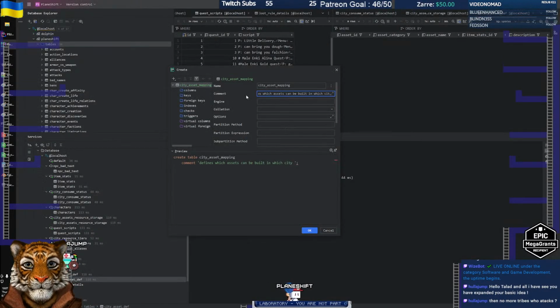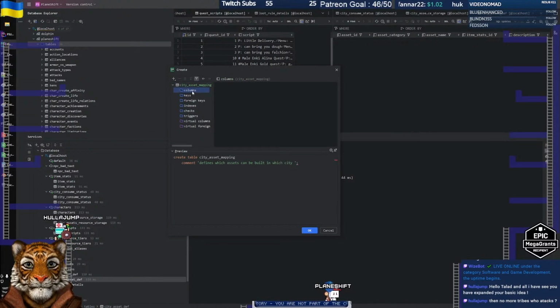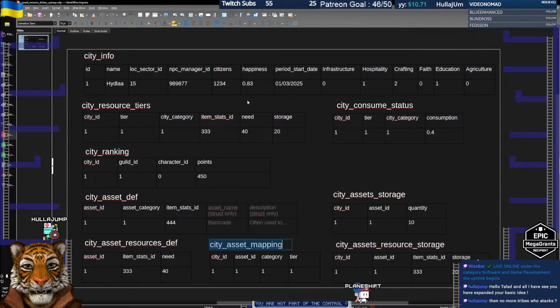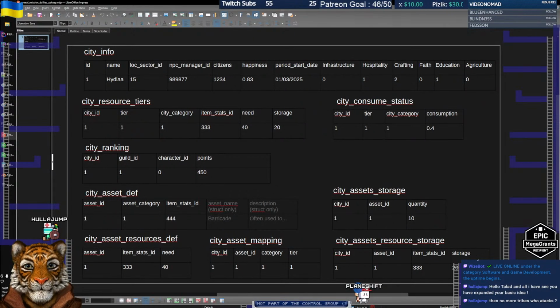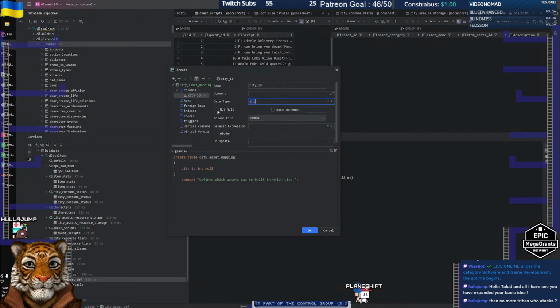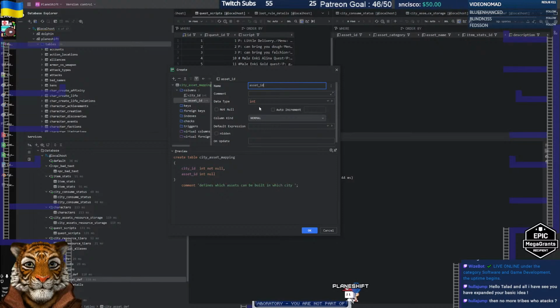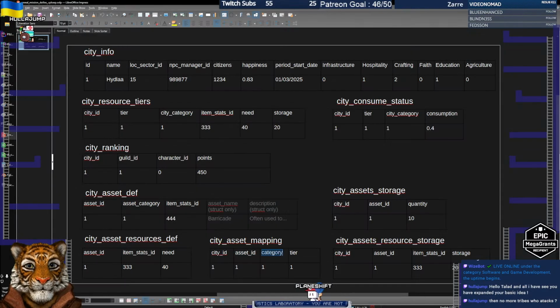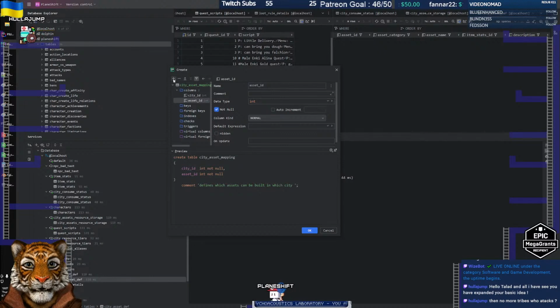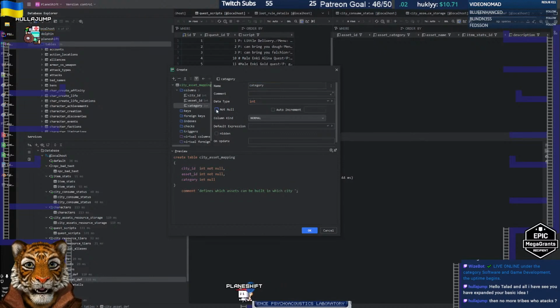And so we have city ID, non-null and integer. Yep. Asset ID, non-null and integer. Yes. Category, non-null and integer. The default, I don't know, city can be -1, asset can be -1, category can be 1,